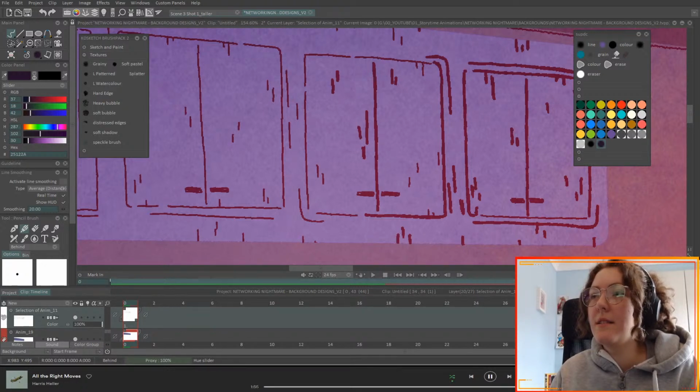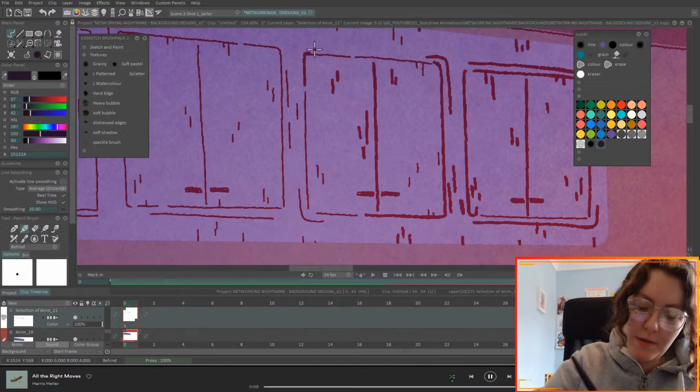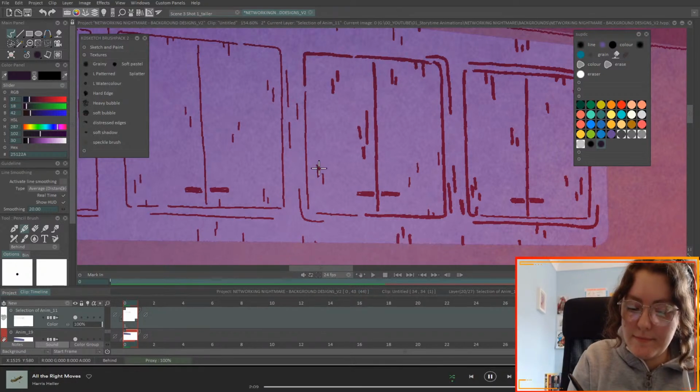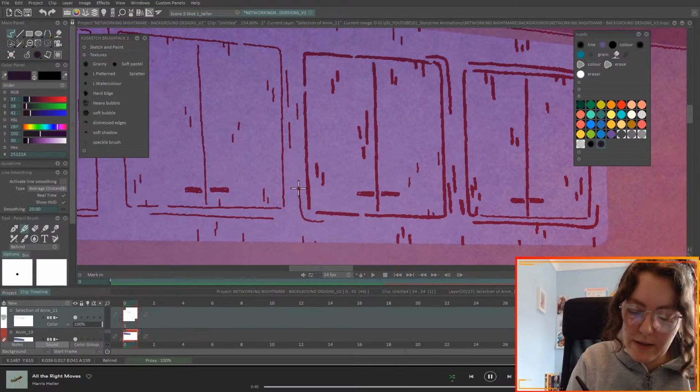Let's see. I'm really having a lot of difficulty with anatomy. Do you do the muscle groups, or do you just use pictures and stuff that you found online? Because